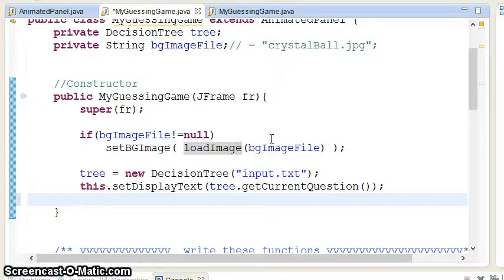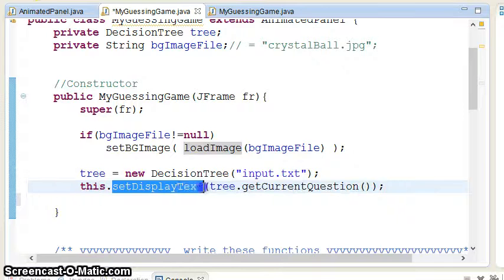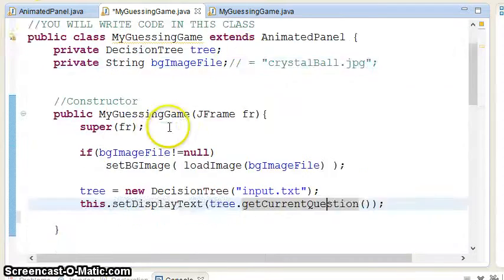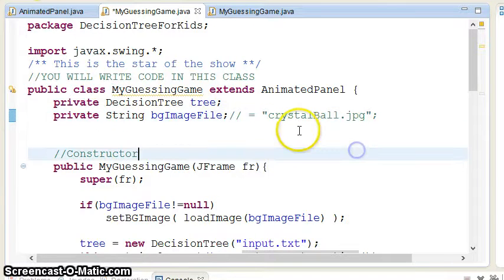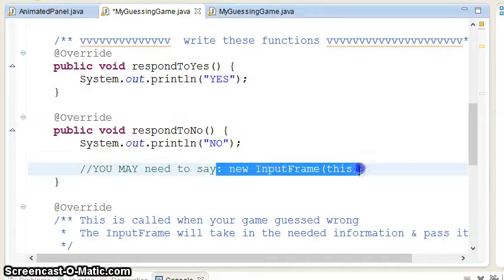Now, that being said, this is how you get things to show up on the screen. You have to change the display text, and it will display whatever text you put in there. So that's pretty straightforward. You've got all your tools to make it beautiful. If you're going to use a background image, which you should, let's be real, make sure that you drag the image into the source and then you type out the file name right there, and it should be amazing. One other thing, when it says new input frame,